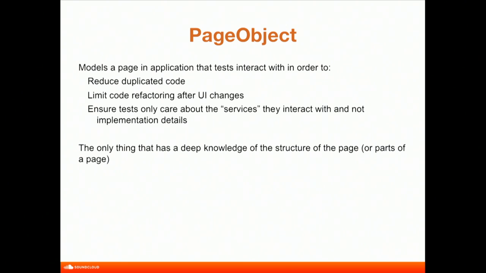So we want the tests to be as dumb as possible and page object models to be figuring out all the hard stuff for us. So page object models are really the only thing that have a deep knowledge of the page or parts of a page, which is also pretty cool because if you have repeating elements in a screen, you can use the same page object model as opposed to rebuilding it again. So they also have a few responsibilities, which would be to identify elements on the screen and return any of those elements' attributes that you might be interested in. So it knows how to select the right elements